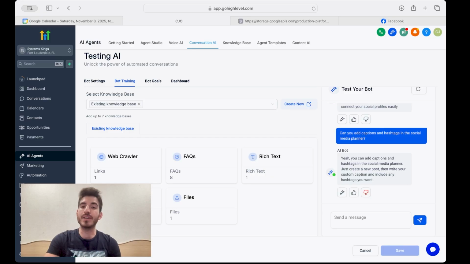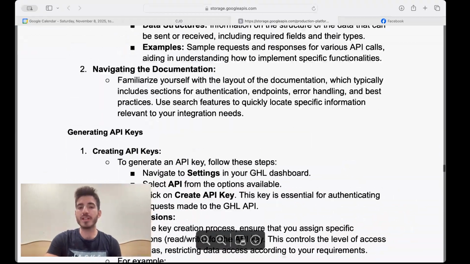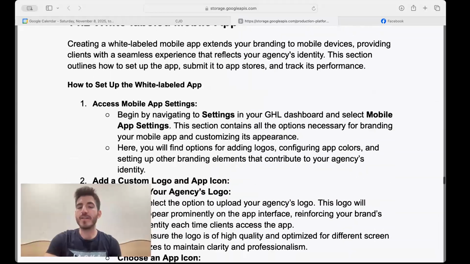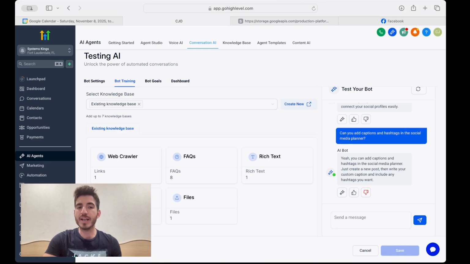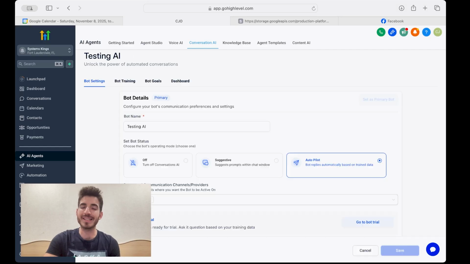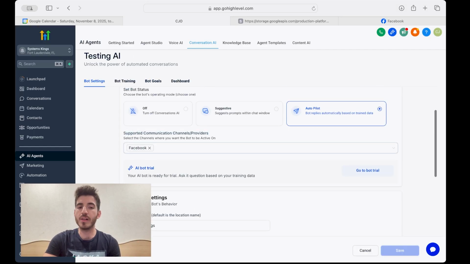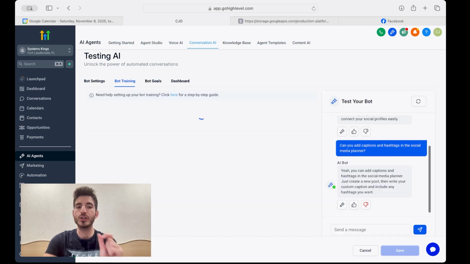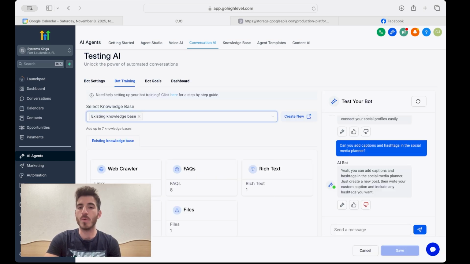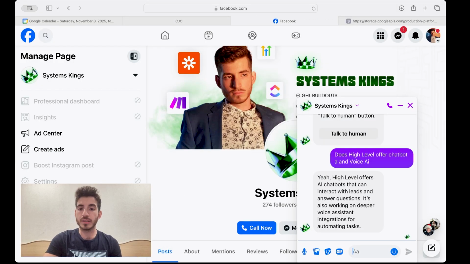Now, I'm going to test this in real time. And as I said, I have dozens of pages, close to 100, of information about the HighLevel. So I'm going to go to my Facebook page. Why Facebook page? Because in my bot settings, this conversation AI has the supported communication channel, Facebook. So here's what I'm going to do. I'm going to make sure the knowledge base is the knowledge base that I want. Then I'm going to go to my Facebook page and I'm going to test this